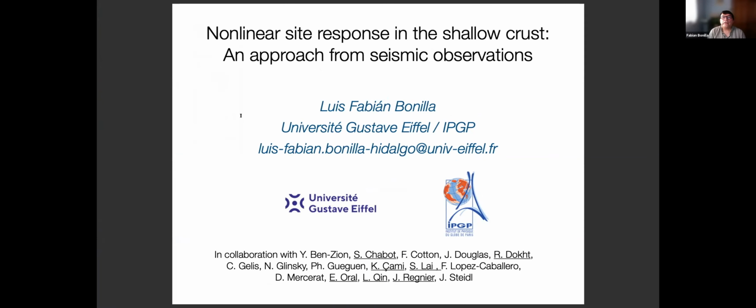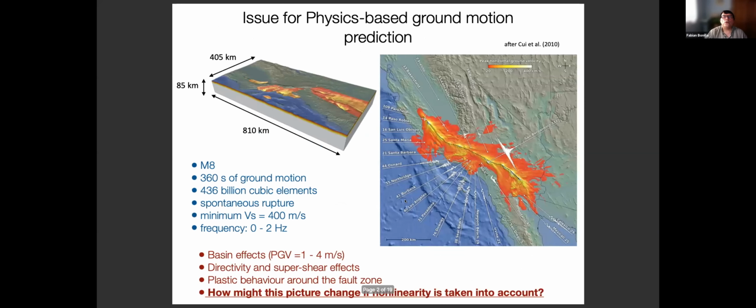So what I'm going to talk about is what the seismic observations can teach us about nonlinear site response in the shallow crust. This is a collaboration with several people that you see here, and the names underlined here are the students who have been working with us these last years. So the issue of nonlinearity is...